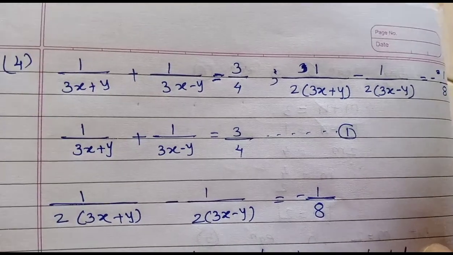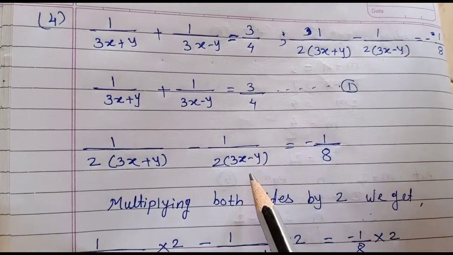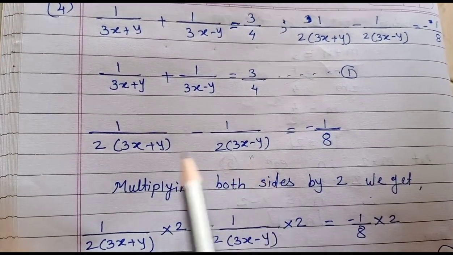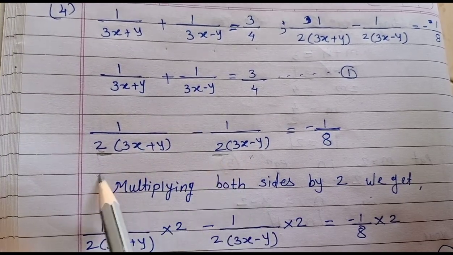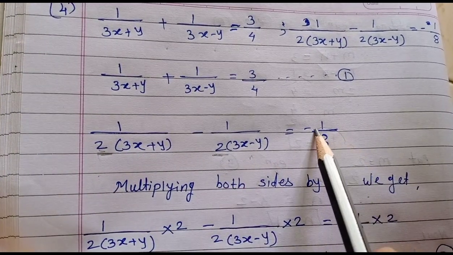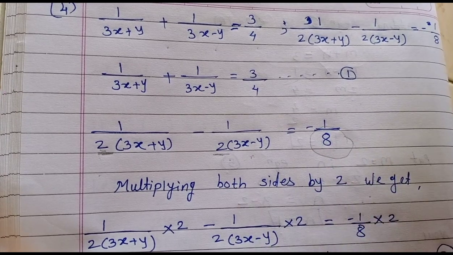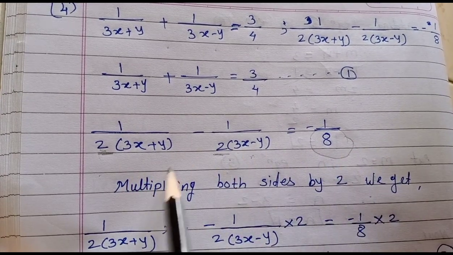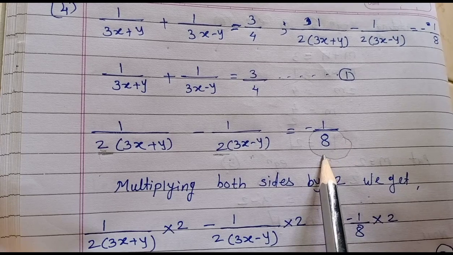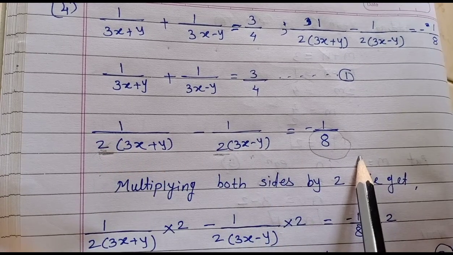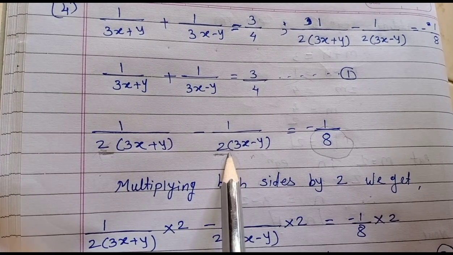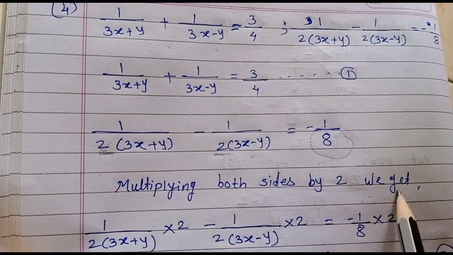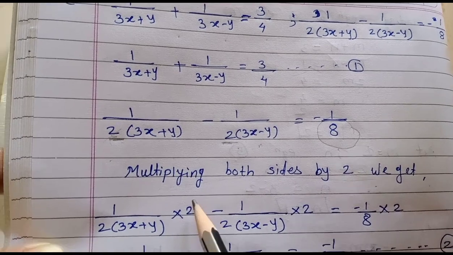Now see, this is the first equation and now we solve this. See here, the denominators on both sides are 2, 2 and here 8. Okay, it means both sides are divided by 2, so the 2s cancel. If you cancel the denominator 2, then multiply both sides by 2, then we get, see here, both sides